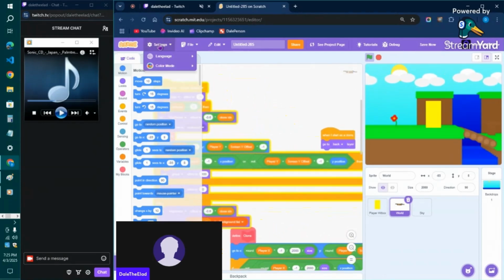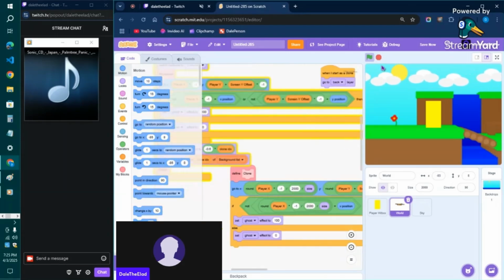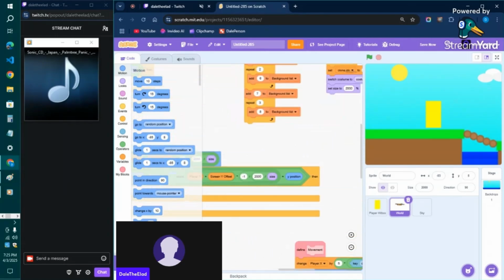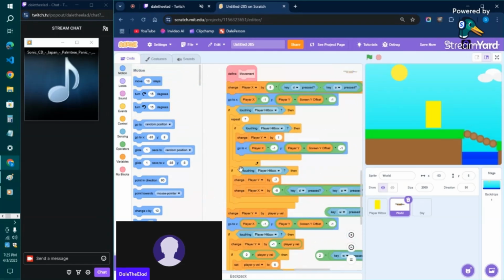is somewhere. Let me change the color mode to high contrast. I prefer it in every way. Over somewhere where it does the player Y movement, it just repeats 7, so it has a maximum of 7 Y, which is actually, I think, let me increase that to 8, because sometimes slopes can be kind of bad, but the main problem I have is with that bridge there, because it goes down,